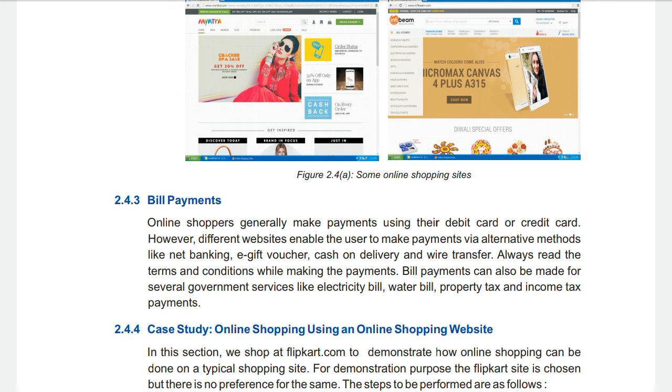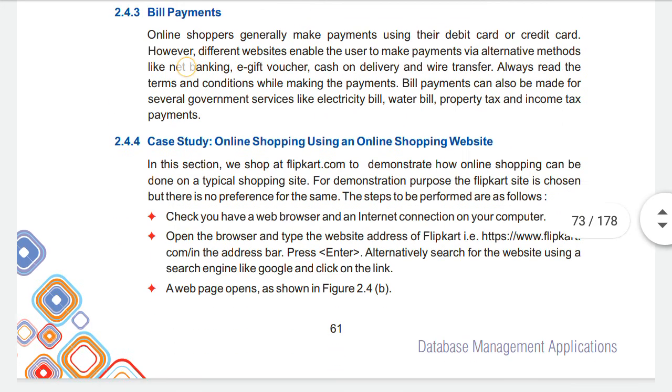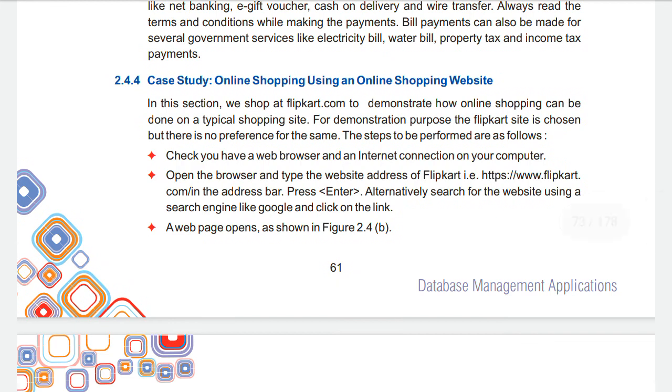Now case study: online shopping using an online shopping website. For this I am taking the example of Flipkart. Firstly, if you are using a web browser, you will just type www.flipkart.com and then press enter. After that a web page will open.